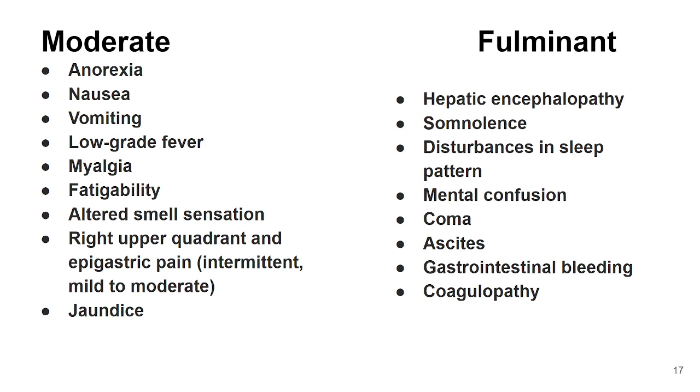In rare cases, this is the usual course of the moderate, and usually the patient would have a relief of the symptoms by about 3 to 4 weeks, and usually by the 4th week the patient may be normal clinically, or maximum 6th week. Whereas in a case of fulminant, which is not very common, rarely, it may be suddenly presenting with hepatic encephalopathy, and its symptoms we will discuss later on when we go into the acute